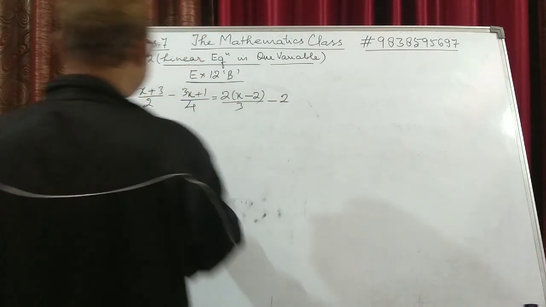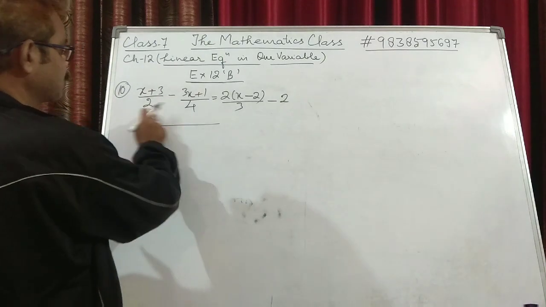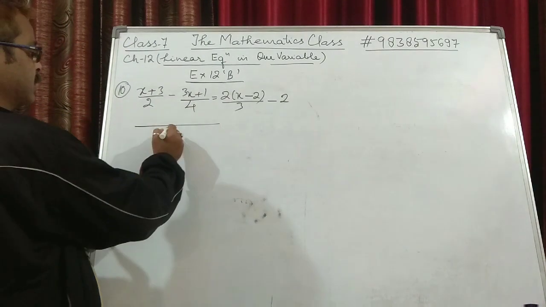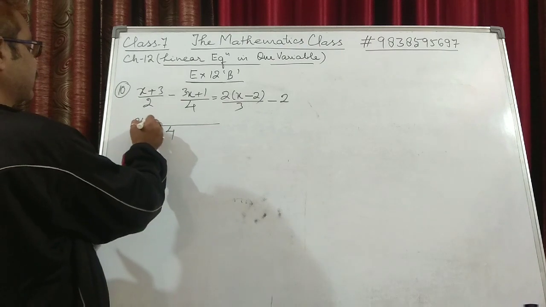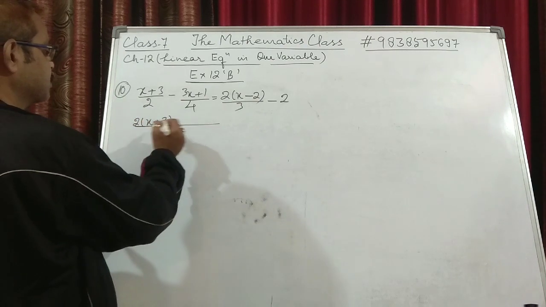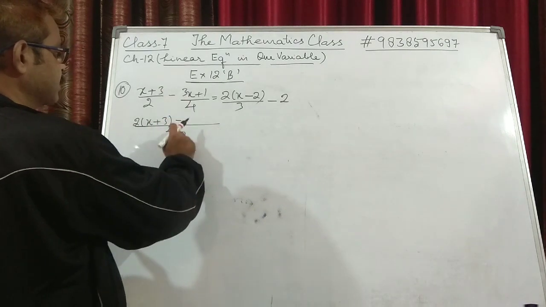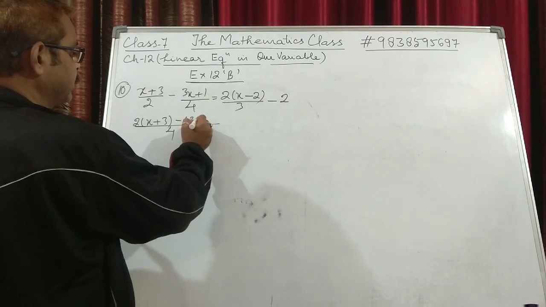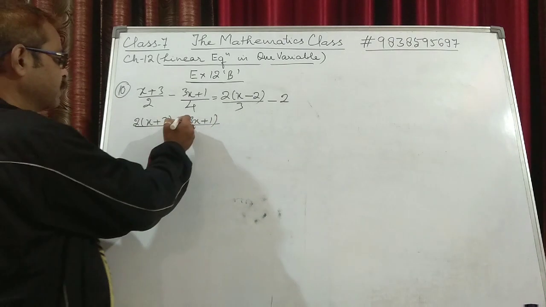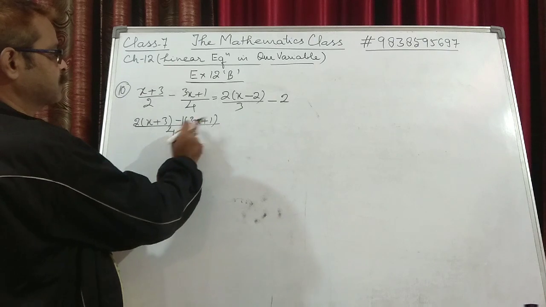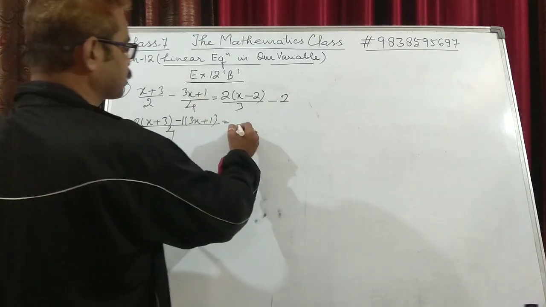Again same thing, we will take the LCM. Here 2 and 4 are the denominators, so LCM will be 4. So 2 2s are 4, it means it will be 2 times of x plus 3 minus 4 1s are 4, so 1 of 3x plus 1. 1 either you write or you don't write. So if you want, we can write it as minus 1 into 3x plus 1 is equal to, here also